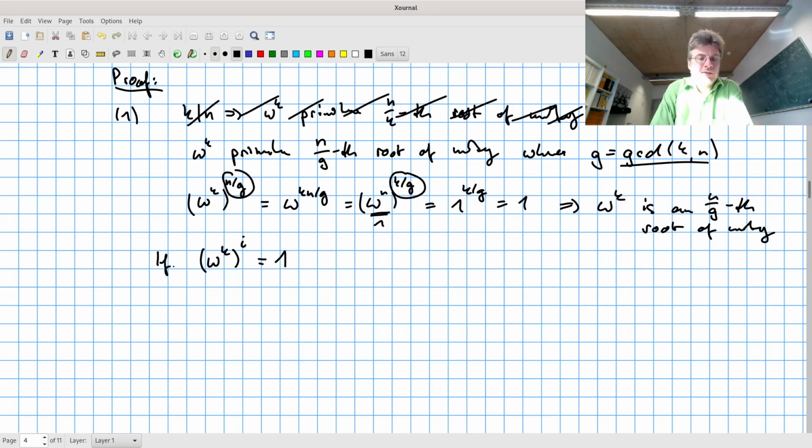We have to show that i must be a multiple of n over g. That's what we have to show. Indeed, if this is so, then this is the same as omega to the ki, and omega is a primitive nth root of unity by assumption. So we must have